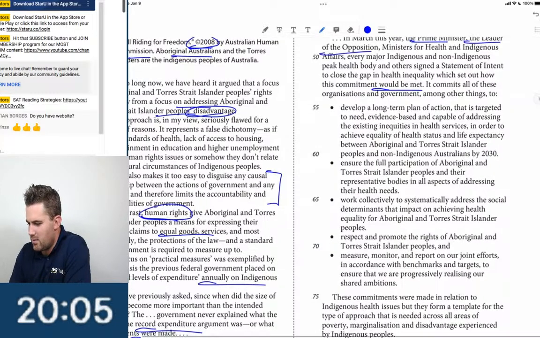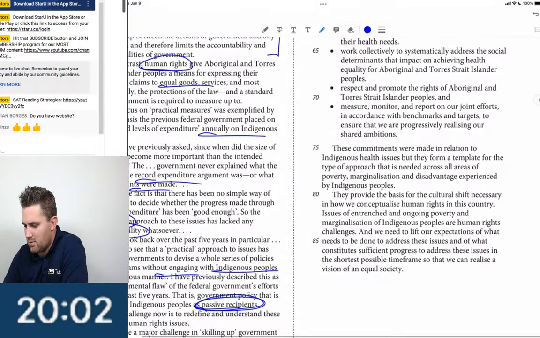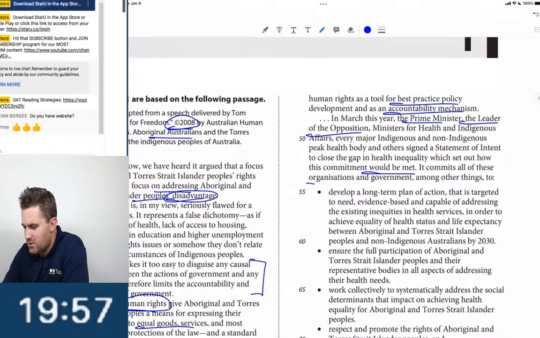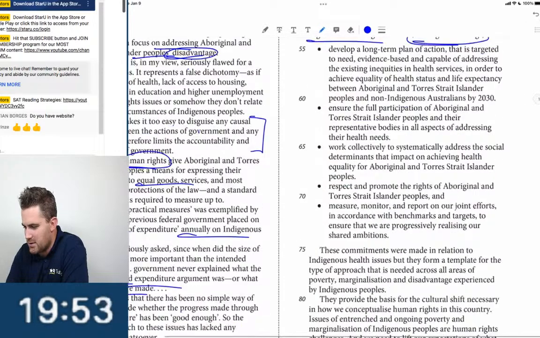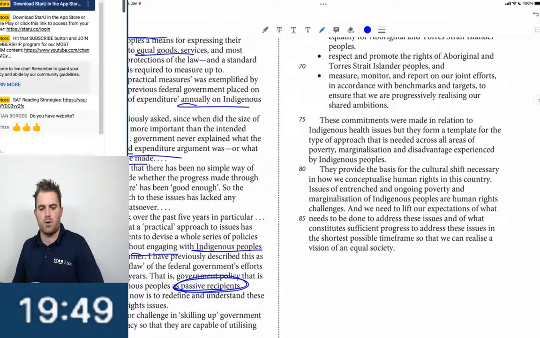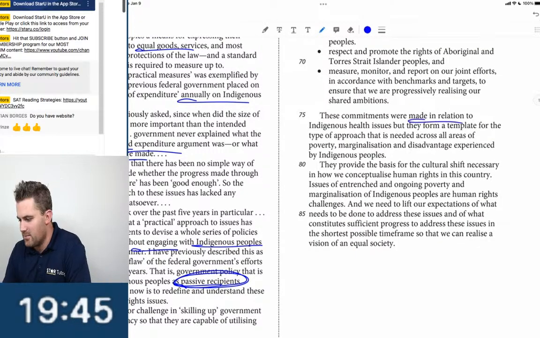Government, one of the things to do. Okay, I'm going to skip those just to try to make up some time. I can always come back, right? It commits all of these organizations, government, among other things, but this is the commitment that they've made. So if I need to go back, if they mention commitment in one of those questions, I can go back. This is a way to potentially make up some time. These commitments were made in relation to health for the 2010